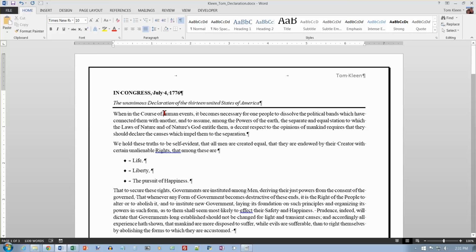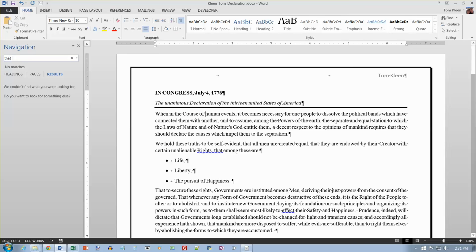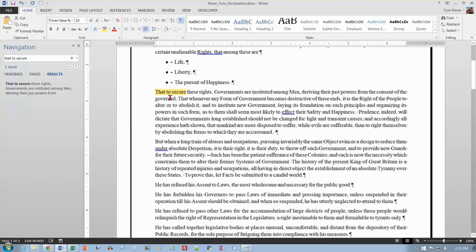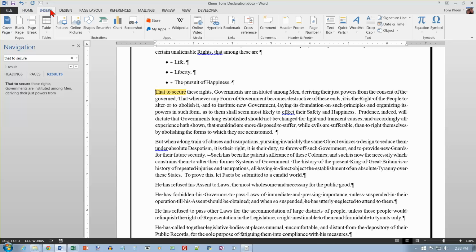Now I want to insert a picture of Thomas Jefferson in the document immediately to the left of the paragraph that begins with that to secure these rights. Okay, so I'm going to do a Control F and look for that to secure, and I found it. There's only one, so this is where it is. I want to be to the left of the letter T, and I want to insert the picture of Thomas Jefferson. So let's go to Insert and Pictures,